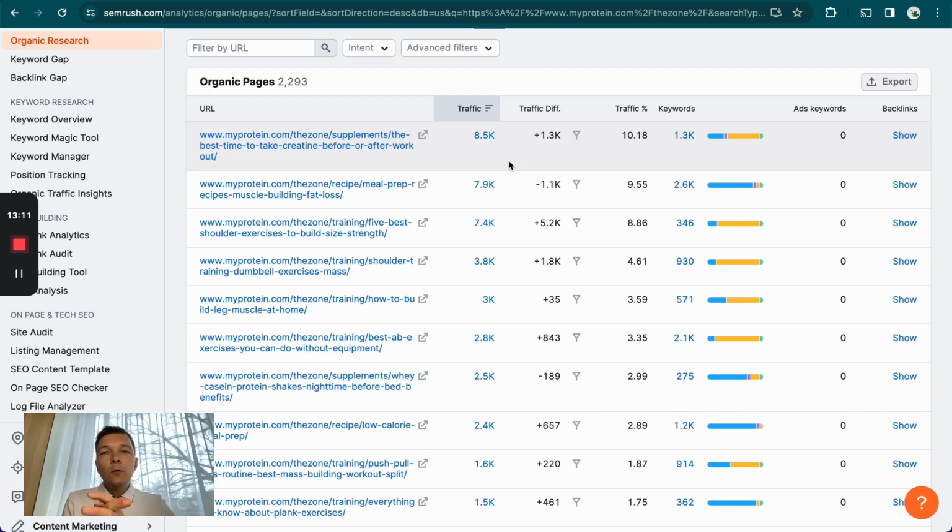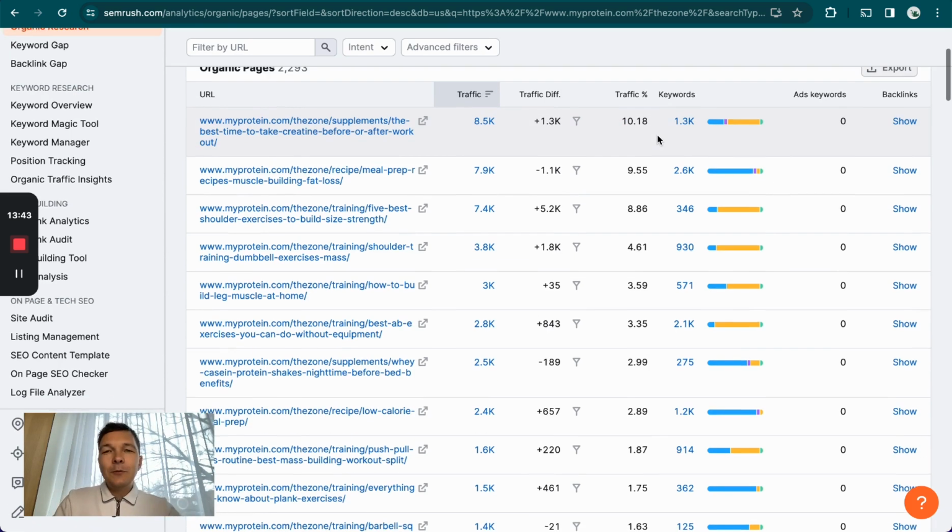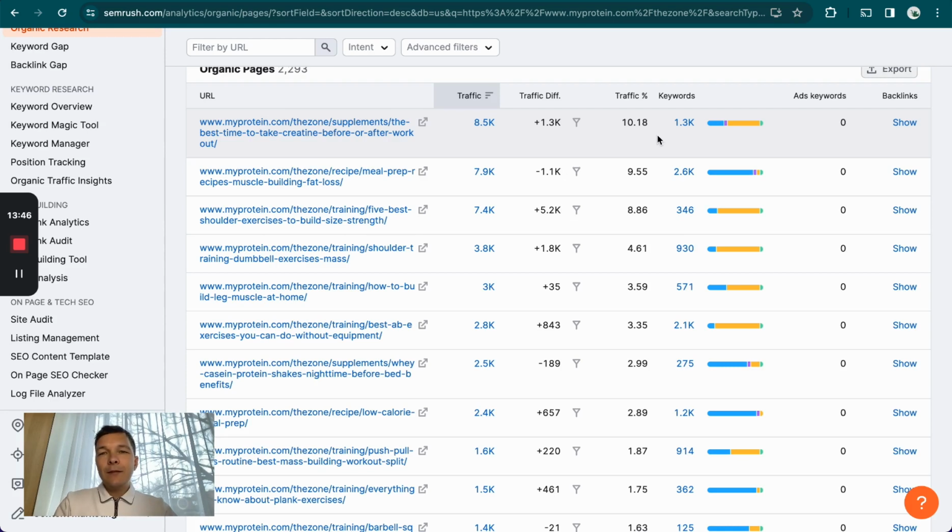What you can do with these tools is type in your competitor's blog section, or research it, and then see what are the 20% of the blog articles that are getting 80% of the traffic, or you can even go one up and look at what are the 5% of the blog articles that are getting 95% of the traffic. This depends on the competitor. Here I see that they have 2,300 articles, and their number one article gets 10% of the total traffic. The point here is that you could then see what's already working